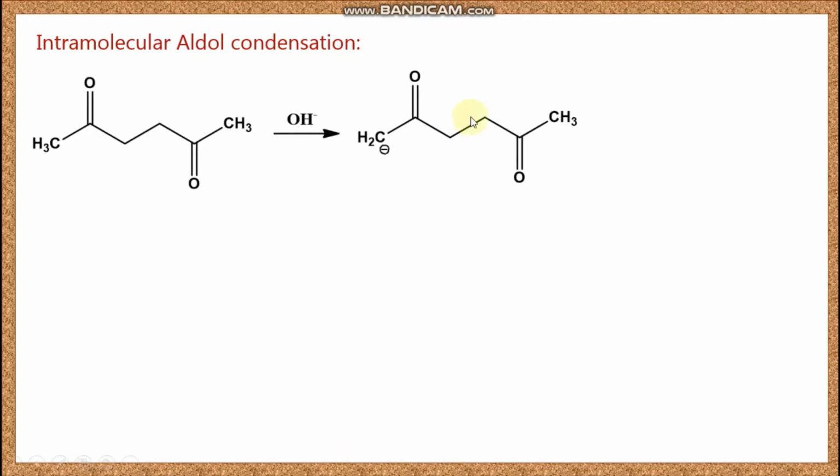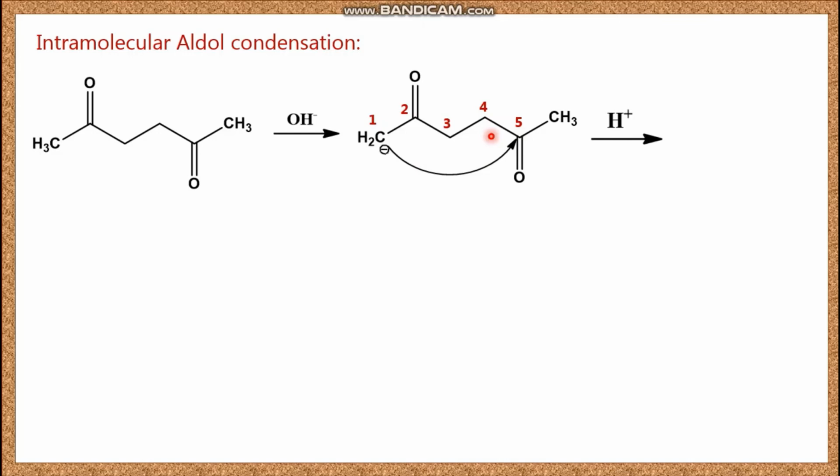Intramolecular aldol condensation means the aldehydic or ketonic groups are present in the same molecule. Here you can see one diketone, and when the base attacks, the acidic proton is removed. This is a symmetric diketone, so any of the CH3 protons can be abstracted. Now we get one nucleophile, and in this compound you can see one reacting center here, so this CH2 bond will shift to here, and we can number it. We will get a 5-membered ring.